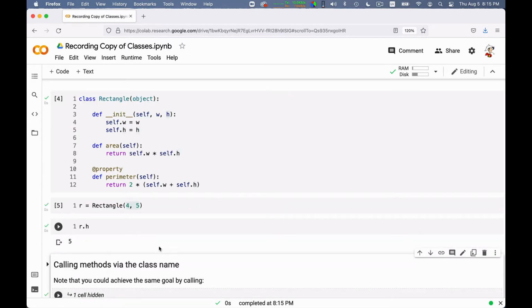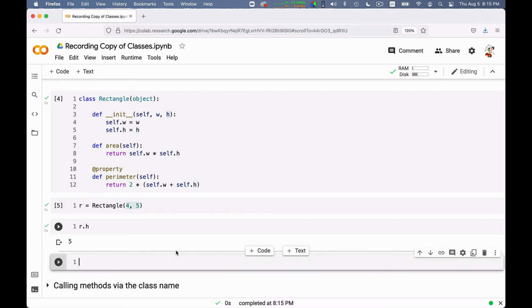Notice that in Python you can give values to variables of an object at any time. So I can say r.beauty is equal to 5, whatever this means. Okay, so it's a beautiful rectangle apparently.